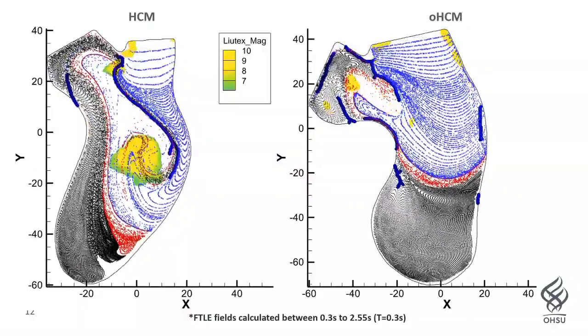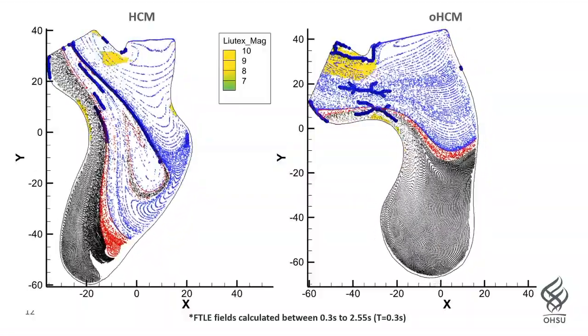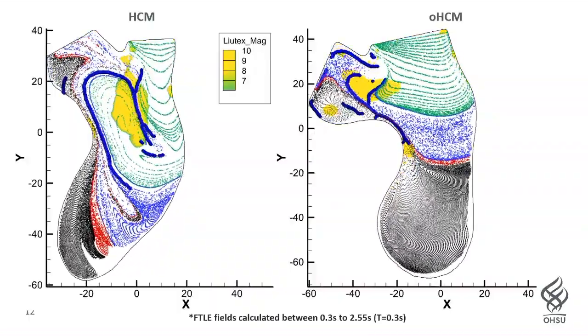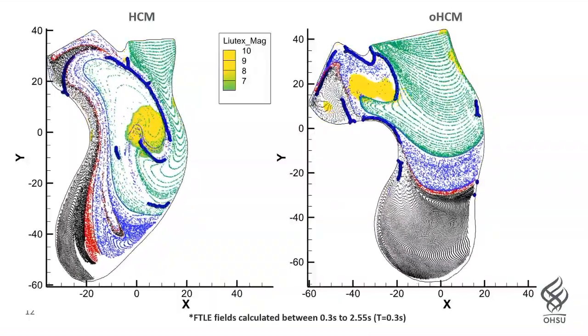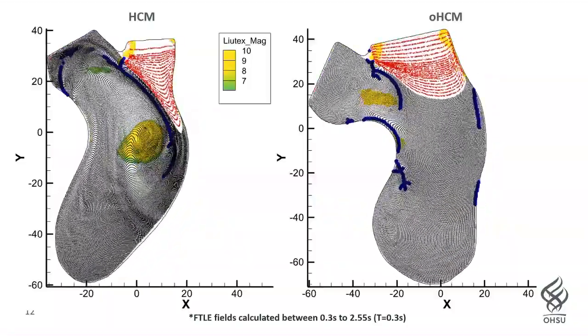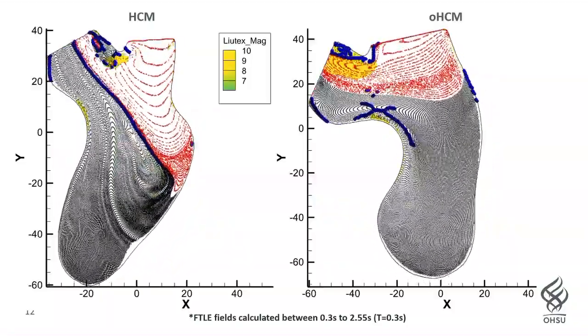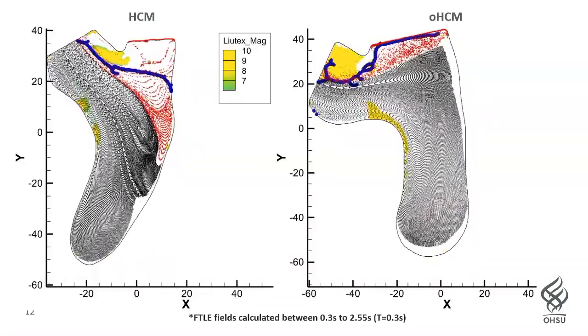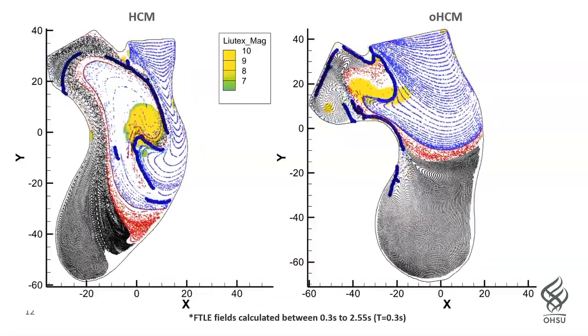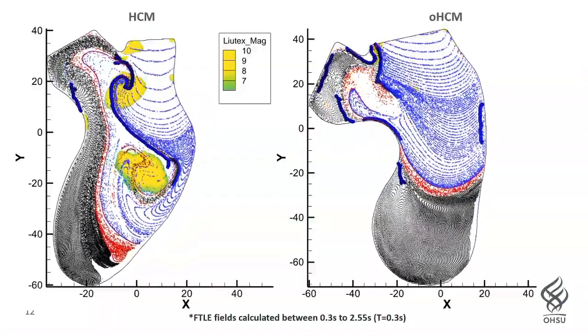With that, we can get a better idea of how the vortices are generated and how those vortices disturb the flow, and how the FTLE generates a boundary between the vortex and the other particles, and how the inflow, the fresh particles and old particles, react to each other,